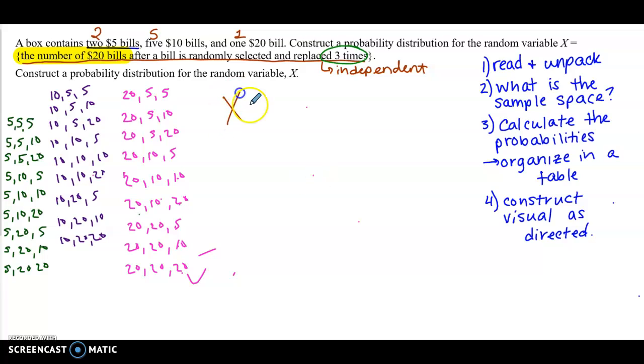A random variable X can either be 0 $20 bills, 1 $20 bill, or 2 $20 bills. Actually, or 3 $20 bills, because you could pull a 20, 20, and then a 20. And then you just figure this out, right? So, okay, well,